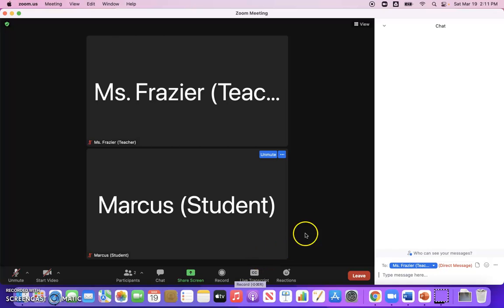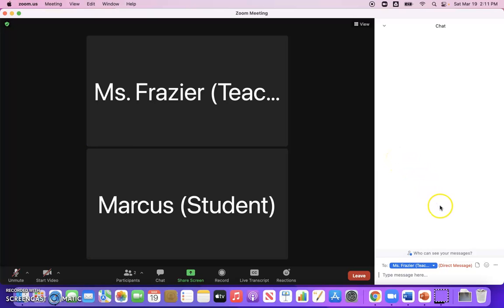And you'll see that on the right side of the screen, it's opened up a place for the chat. If you have your full screen open on a computer, sometimes this white area for the chat will pop up in the middle of your screen, but it will look pretty much the same.